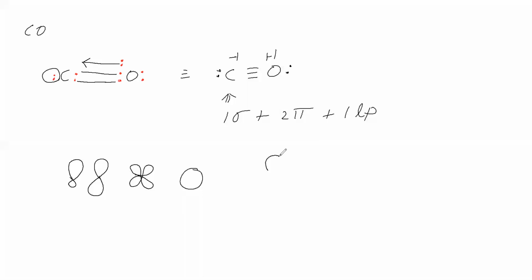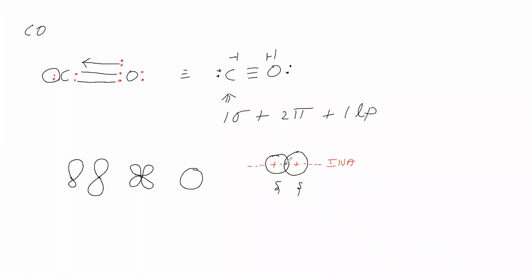Now we will take one s orbital, and this is another s orbital. These two are s orbitals. Now here, what type of overlapping is it? We will see. It is a nucleus. Now we will draw and write the internuclear axis. So we have drawn an internuclear axis. Now here, overlapping takes place along the internuclear axis.